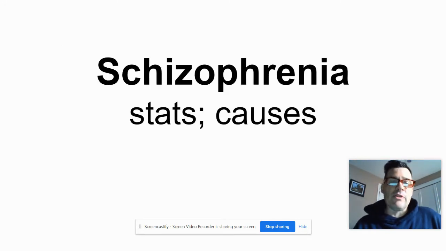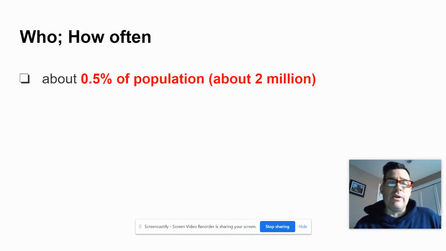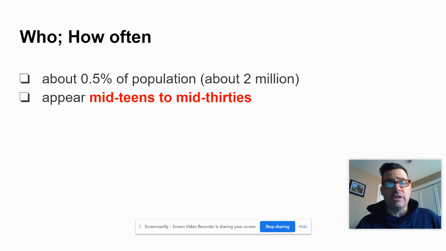All right. What are the statistics? What are the causes of this? Let's go through the statistics first. About 0.5% of the population of the United States, or about 2 million people, will end up with schizophrenia. Really, it's less than 0.5%. The first signs usually appear between the mid-teenage years and the mid-30s, which is when someone will typically start showing